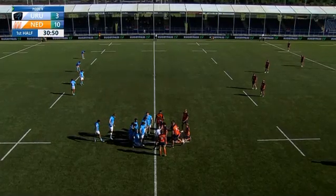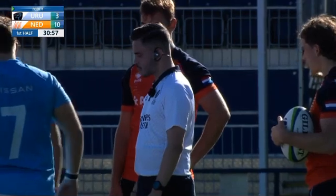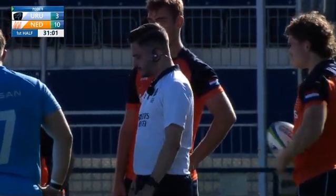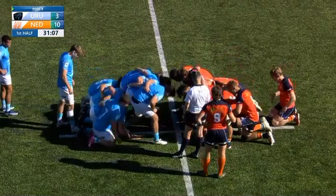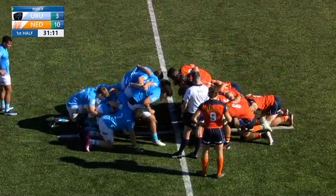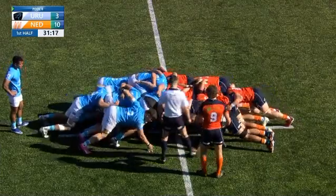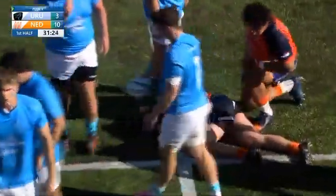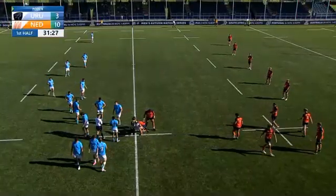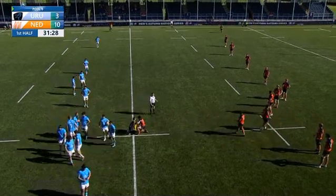Crouch! The scrum clinic continues. Reset on the halfway line. Crouch! Bind! Set! From that clash in the front row, Captain, has resulted in a penalty for Uruguay. And Ethan Glass is just going to have a little conversation about